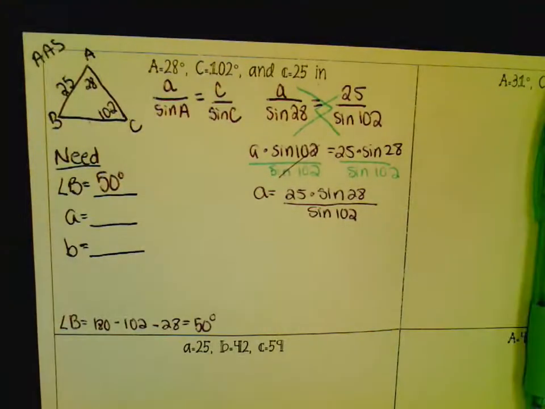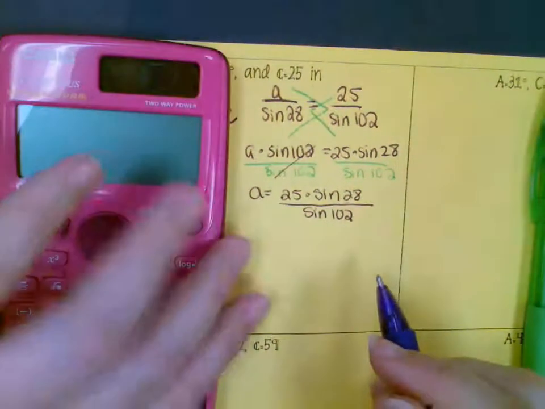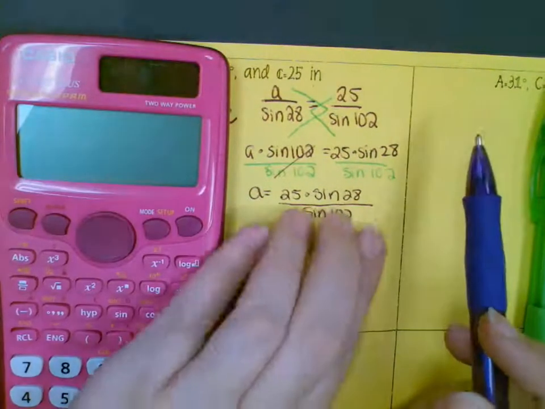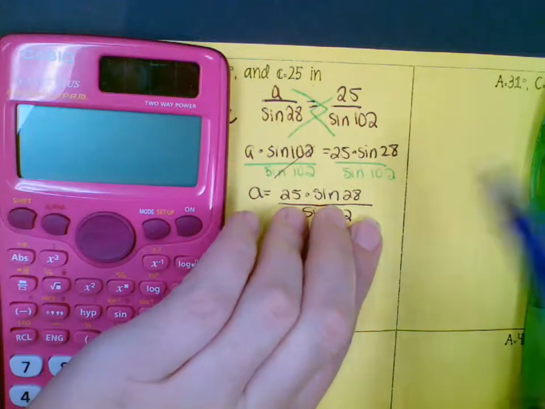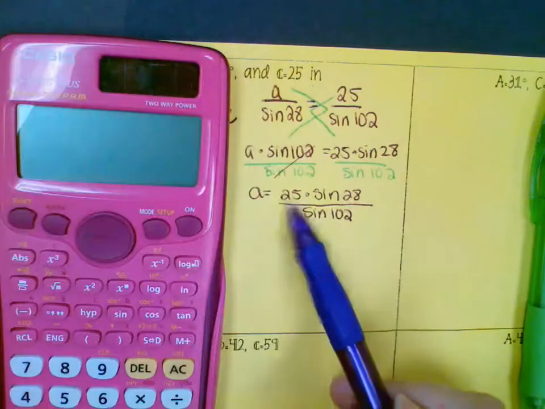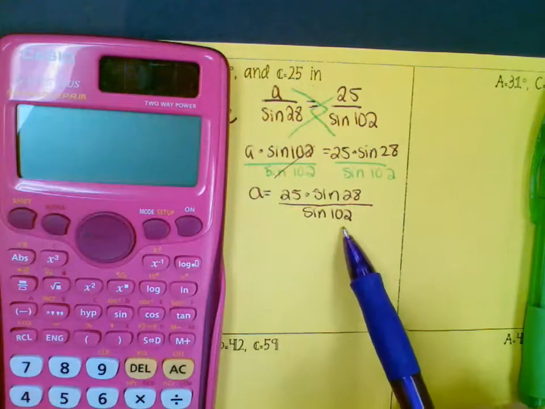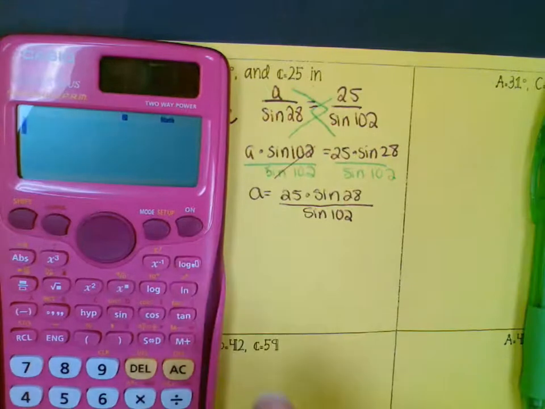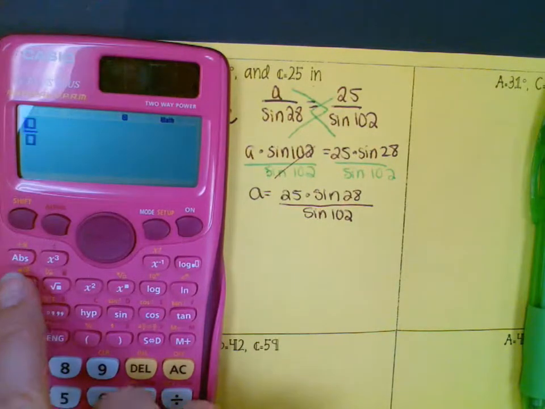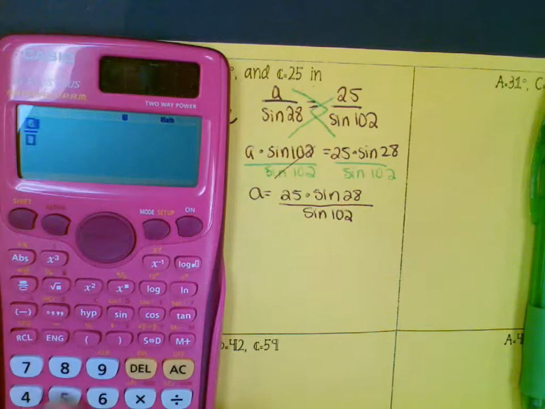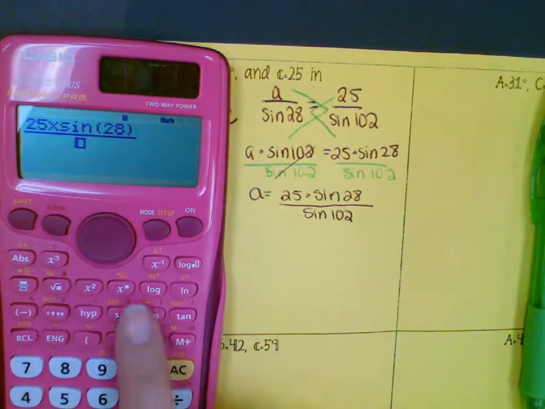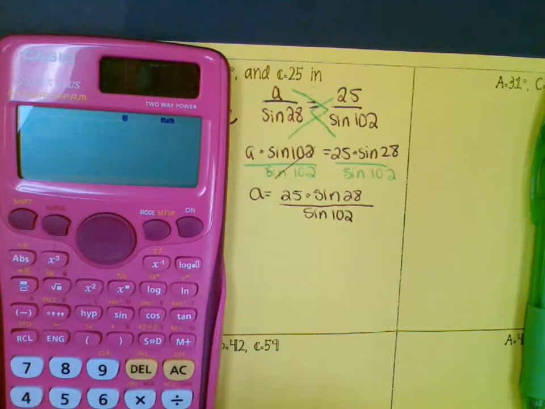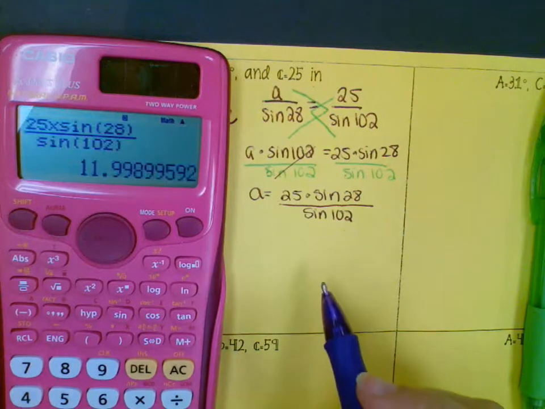So from here, we just have to type that crazy thing into our calculator. If you have a backwards calculator, be very careful. The top part will still be like how you would do normal, like when we were doing it before. And then after you do that, make sure it comes out, and then you would hit divide 102 sine. But if you don't have a backwards calculator, if you have one like this, I would hit the fraction bar first. 25 times sine of 28. Move on down to the bottom, sine of 102. And we get that A is equal to